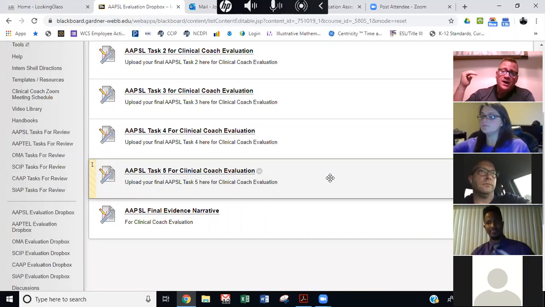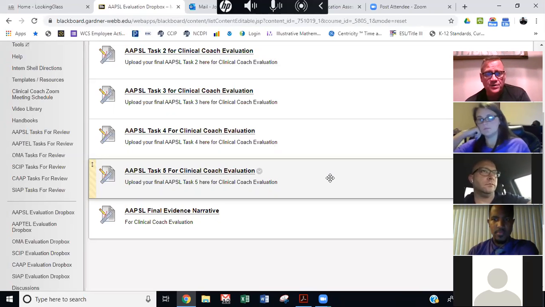I'll go through and look at each of the citations that you put into your document, scroll down to the reference page, and make sure they're all there. I'll look at the reference page, see what you've referenced, and then scroll back up to the document to make sure that you have actually put some citations from that piece of literature. So do a double check on that, especially at the end, when you do your final evidence narrative, when you complete that Absol for one whole document.